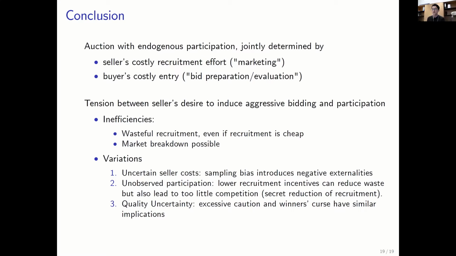I have a question regarding the variation of the model. Instead of extension, I've been wondering, have you thought about simplification? Specifically, what happens if the bidders are symmetric? Instead of having different valuations, you have the same valuation? Yes, we thought about that. Do the results hold through? Yeah, I think so. The question is which results go through.